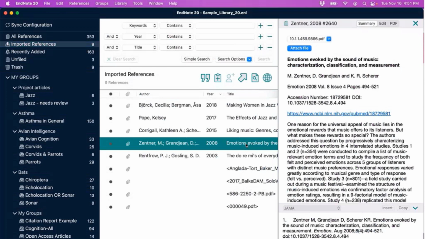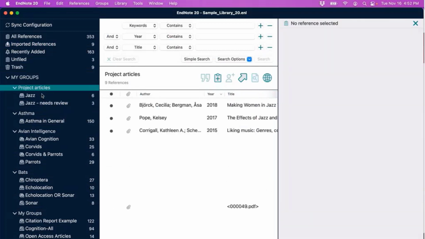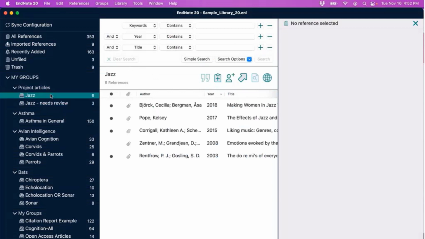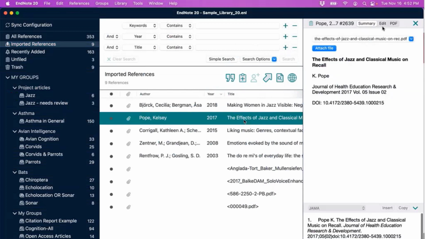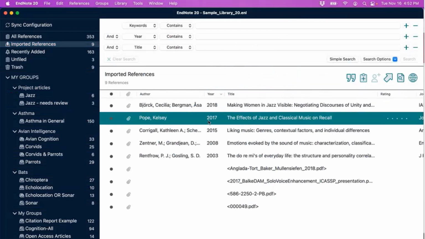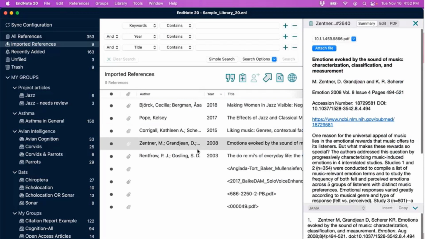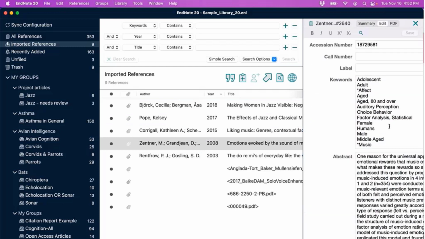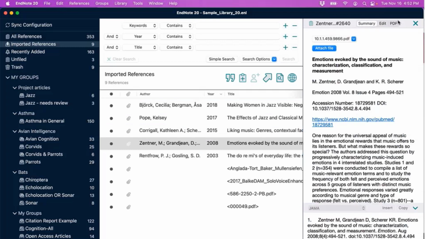So you might have noticed I just finished, as I was speaking, we imported 9 references from that project articles folder. EndNote made that folder structure, that group set structure, for us automatically based on the folder names. We see that here. And for the majority of these items, the import was successful. If I just close this reference panel here, we see that we've got fully populated references for it looks like 5 of the 9 here. And if we double click any one of the references, again, we can redisplay the reference panel. EndNote received all the metadata from crossref.org, populated the references here, and attached the PDF at the same time.